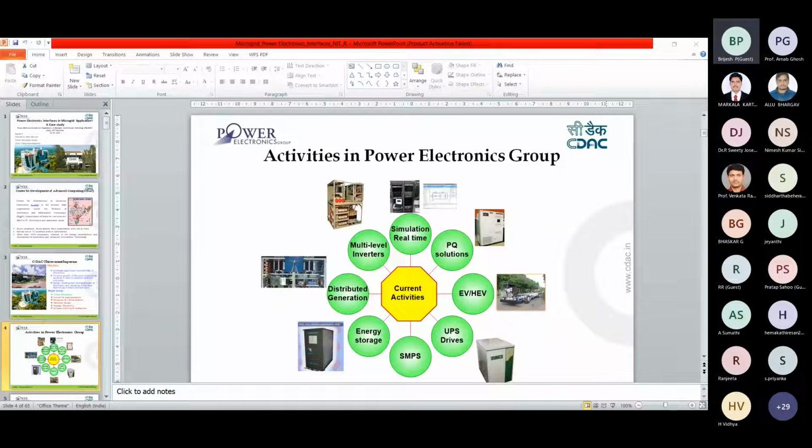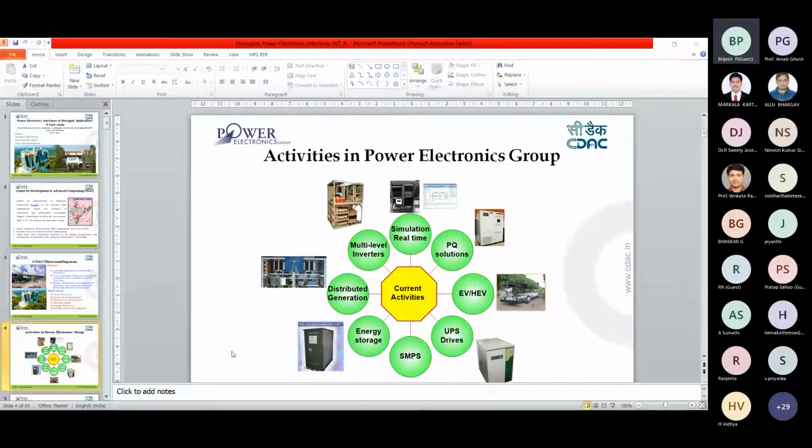This is one of the microgrid schemes we implemented in phase 1. It is in West Bengal, Sundarbans, Laxmi Island. There we have different resources like solar, a small wind electric generator, a biomass plant also, and battery backup also.